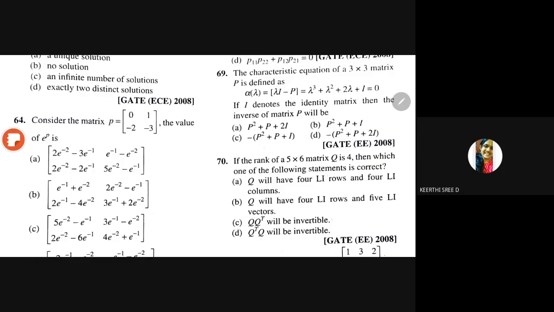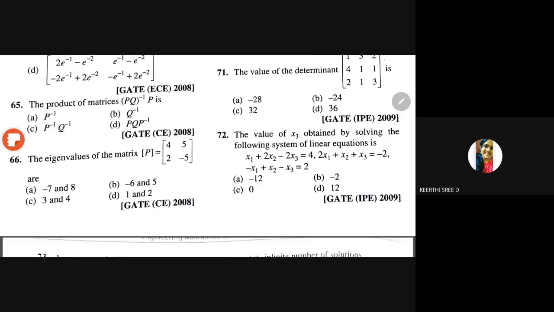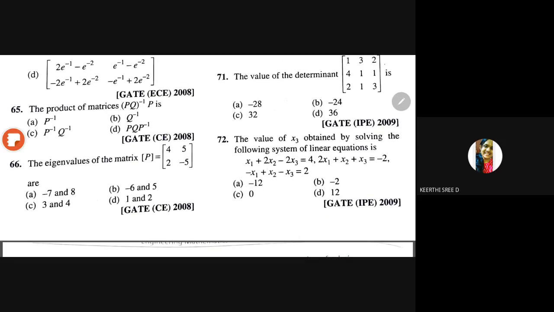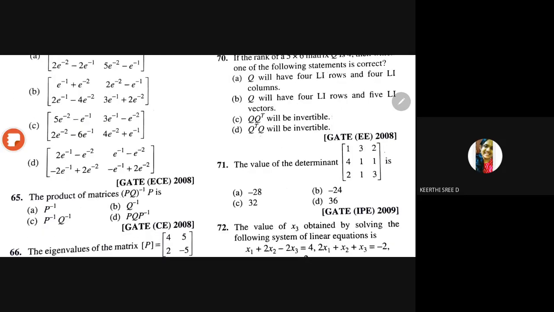Fine. This is also a similar question. Easy question. This one I want, actually, I raised during the second lecture, I think. You need to tell me how to do this one. This I have not put my mind to. So please look into that 64th question. And the remaining things are easy. Now it's up to you. Select a problem and I'll try to do it. If you have any issues, you can raise them.